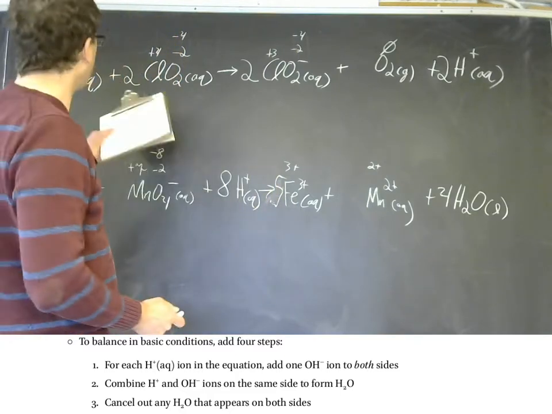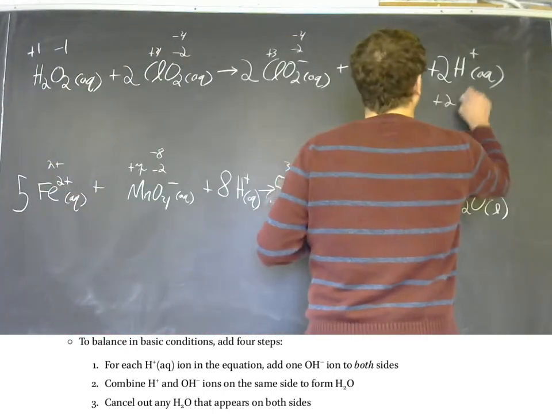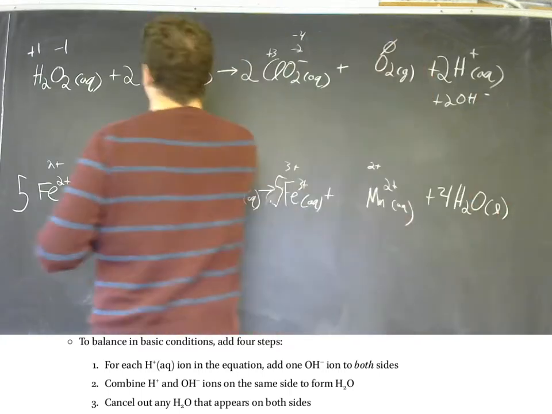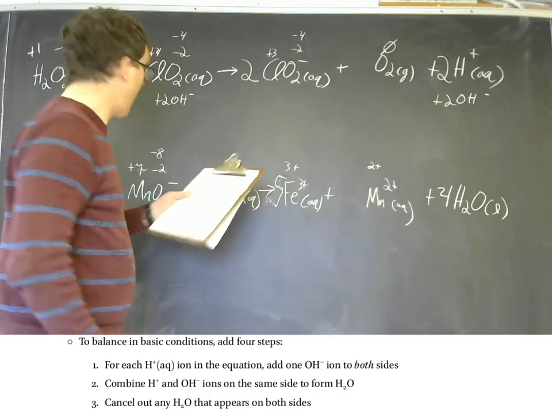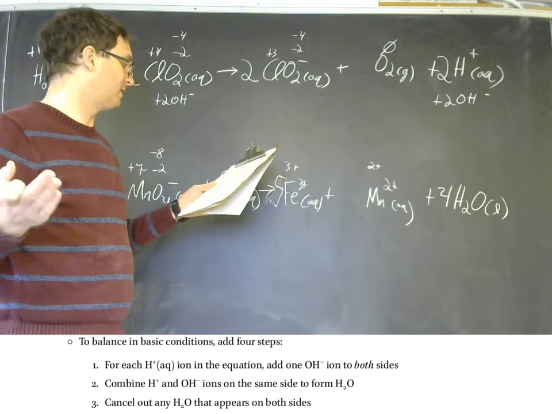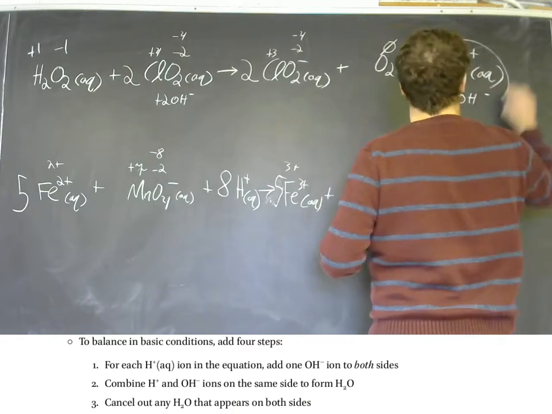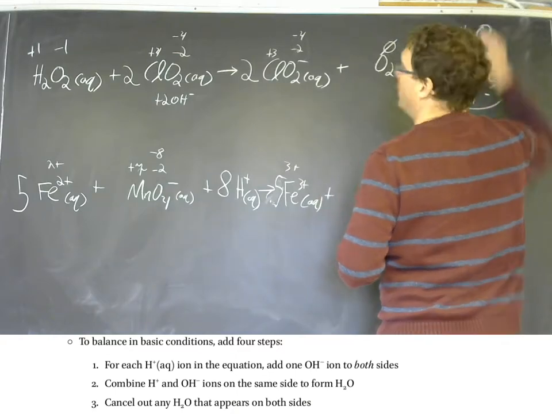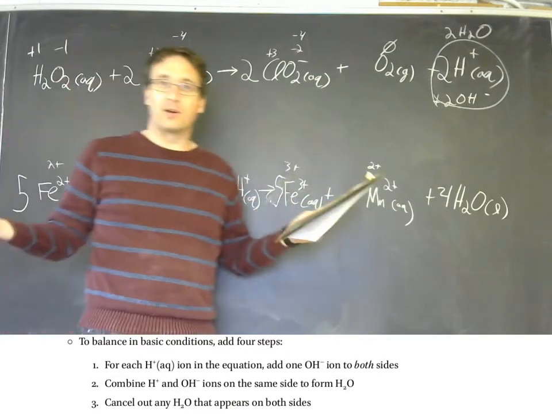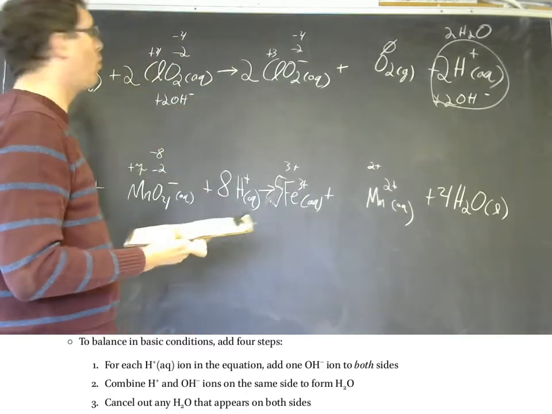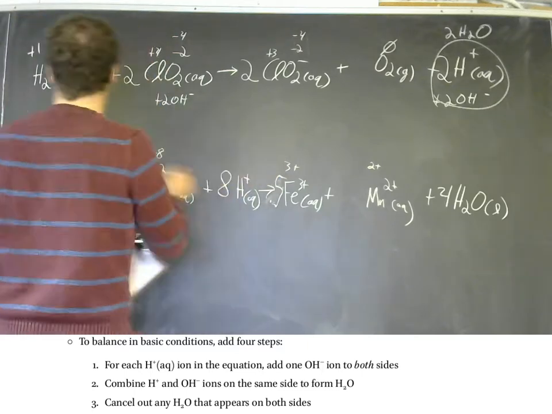For each H plus ion, we're going to add an OH to both sides. So we'll have 2 OH minuses on this side, and we'll add 2 OH minuses on that side. And then we will combine the H pluses and the OH minuses to form waters. So these become 2 waters. And then we're going to cancel out any water that appears on both sides. In this case, there was no water anywhere, and so our base balanced hydrogen peroxide reaction is